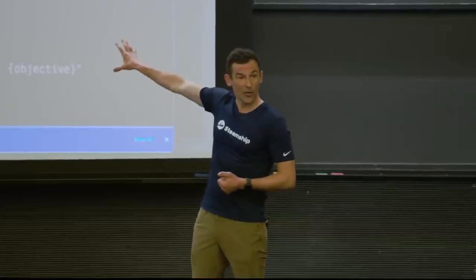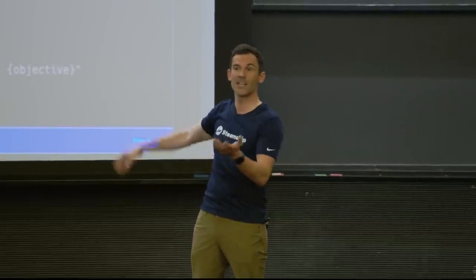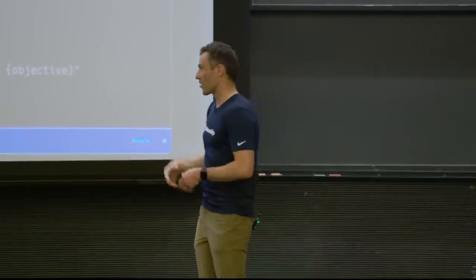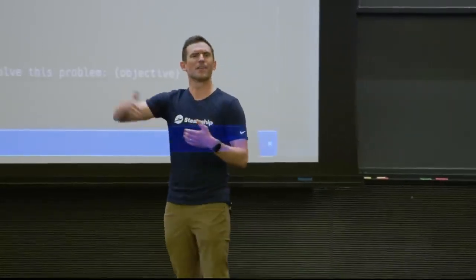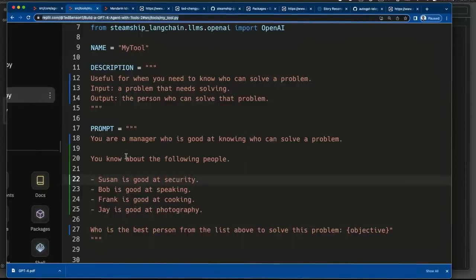So here's how you might do the equivalent of a question answering system with a prompt alone. Let's say you have 30 friends, and each friend is good at a particular thing, or, this is isomorphic to many other problems. You can simply just say, hey, I know certain things. Here's the things I know. A user's going to ask me something. How should we respond? And then you load that into an agent.